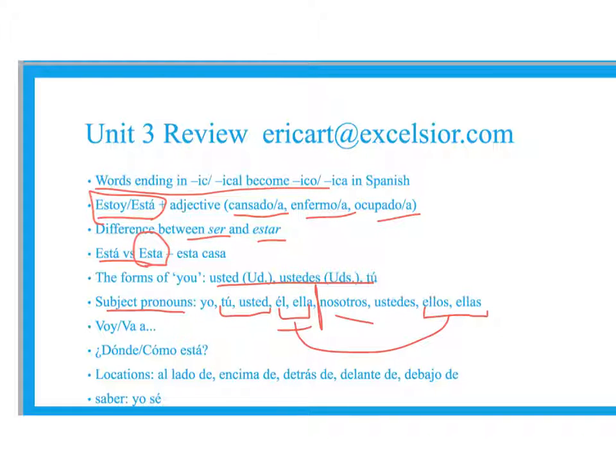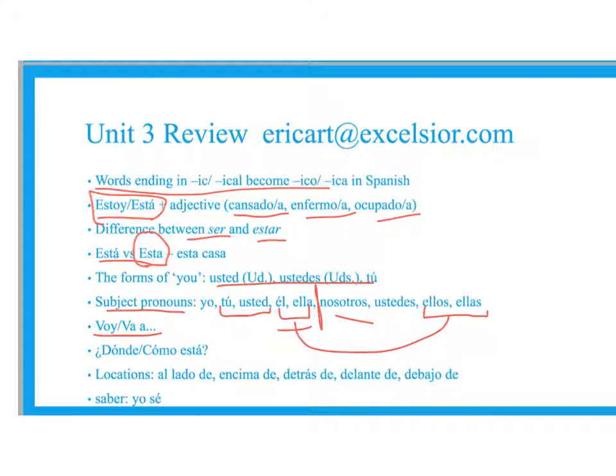Okay. Voy and va. This means go. I'm going is voy. And usually it's followed by a because there's another verb there or a location that you're going. So voy a comer. Voy a hacerlo. So voy generally has to be followed by a. And va